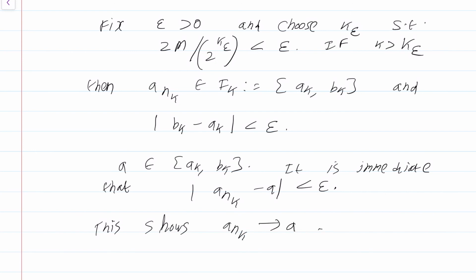So we have found the required subsequence a_{nk} by successively partitioning the interval minus m to m in such a manner that at each stage you are always left with an interval which contains infinitely many indices for which an is there in that interval, and from these intervals you are choosing one term in such a way to get a subsequence. And because these intervals are shrinking by 2 at every stage, becoming halved, it is easy to show that the intersection will have one point, and that point will be a limit of this constructed subsequence a_{nk}. So this concludes the proof.